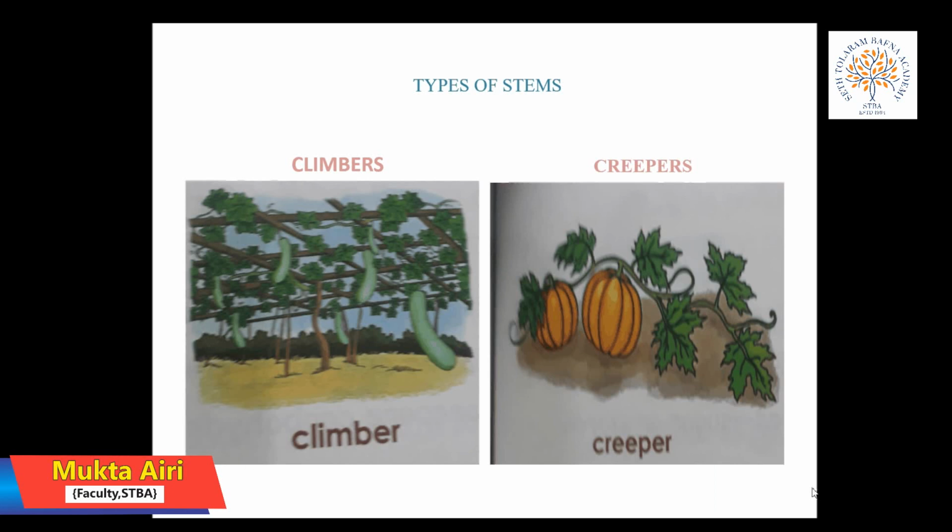Stems are also of two types, climbers and creepers. Some climbers have coiled spring-like parts called tendrils to hold on to a support. Some examples of climbers are money plants, cucumber, grapevine, etc. They all wrap themselves around the support. And the second one is the creeper. Creepers such as watermelon plant and pumpkin have weak stems that cannot carry the heavy fruit they bear. These plants trail on the ground, as you can see in the picture.